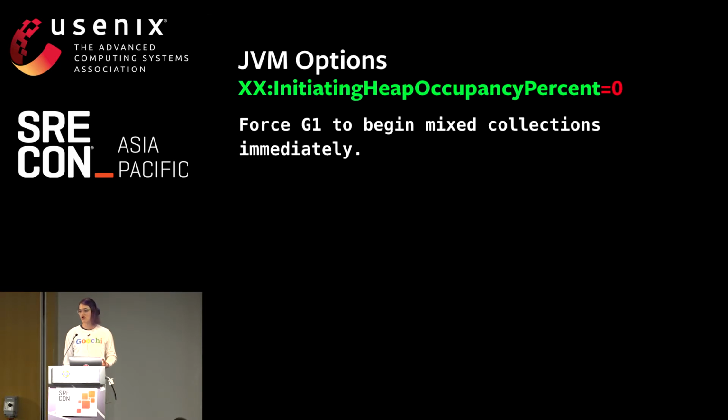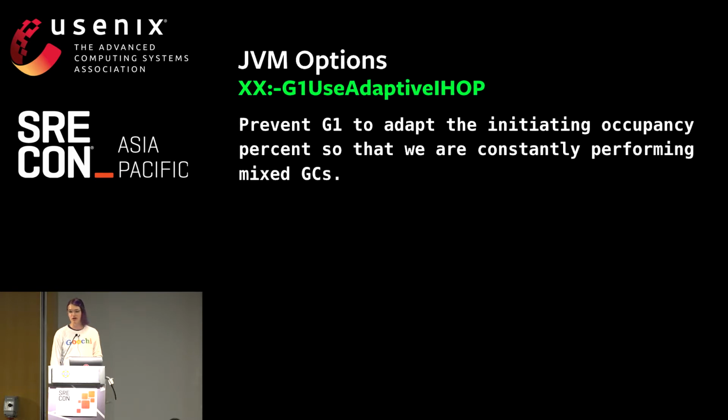We also wanted to make sure that we were constantly pruning the tenured heap. We want to force G1 to begin mixed GCs immediately. By default, this is 65%. We changed it to 0. Then after that, we found out that G1 liked to change it back, because there's this thing called adaptive initiating heap occupancy. Some parts of the G1 adaptability worked well for us. This was not one of them. We want to continuously purge the tenured heap, so we turned off adaptability and set the percentage for initiating heap occupancy percent to 0,